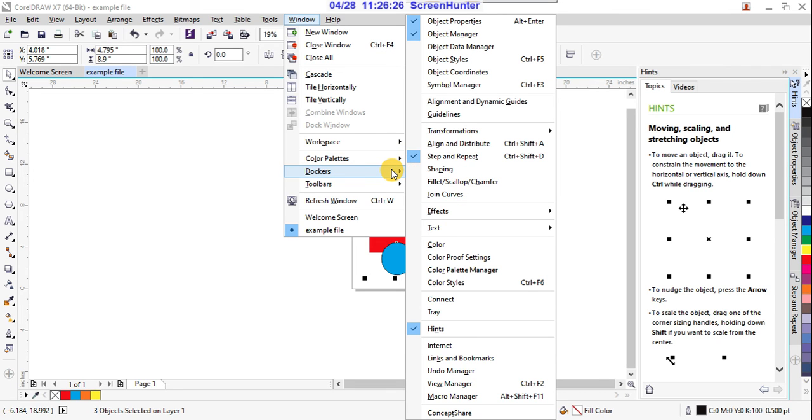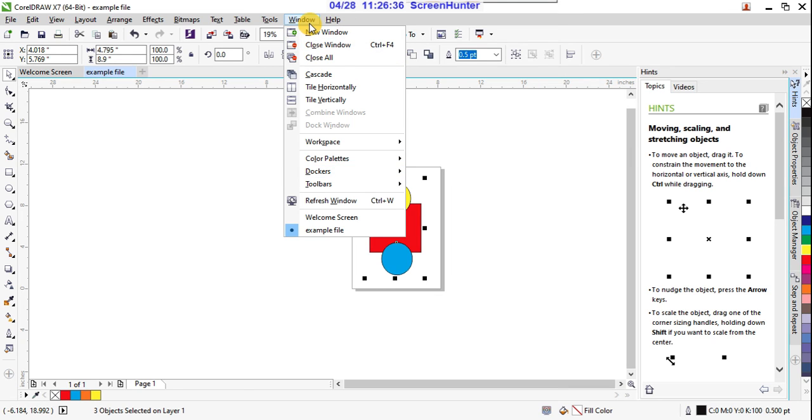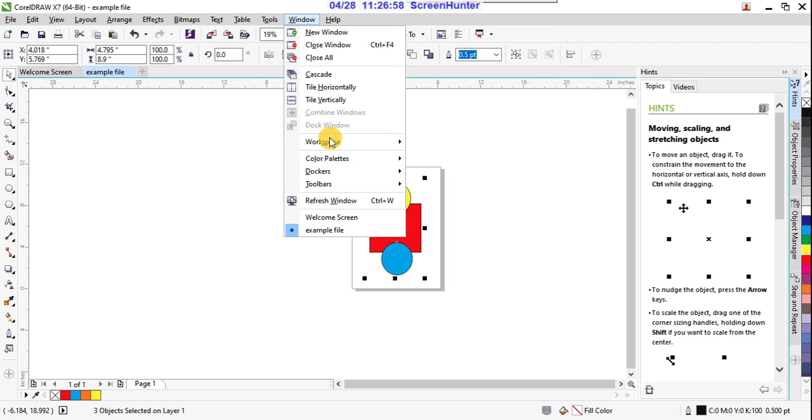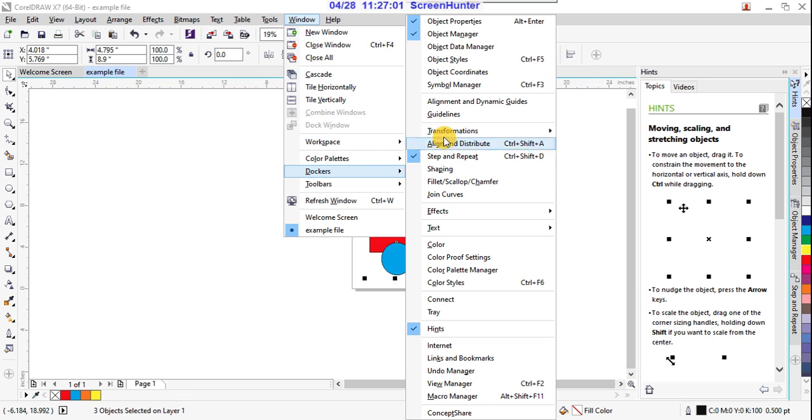And here it is dockers. Dockers are nothing but what? Suppose you compare with Photoshop. In Photoshop, generally when you open the right side, you can display all the panels, layer panels, and color swatches panels are available. In the same way in CorelDRAW also the dockers are available.